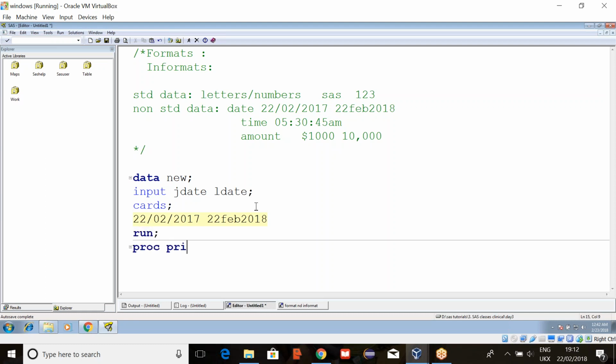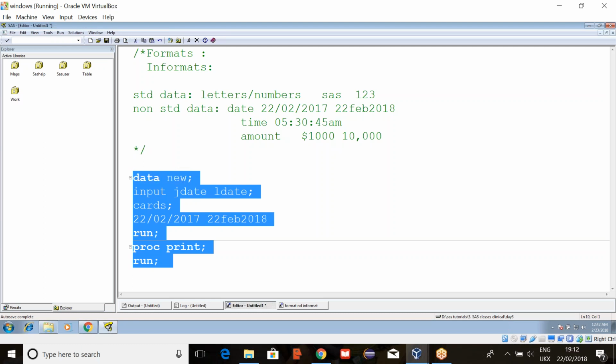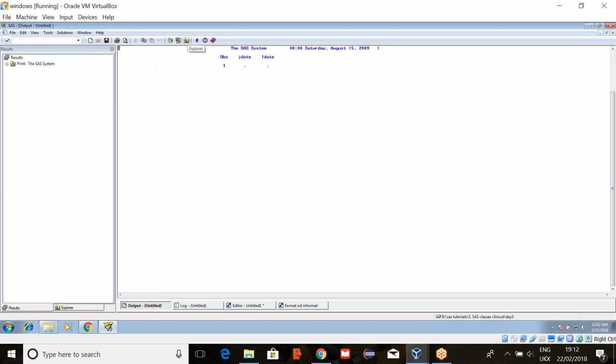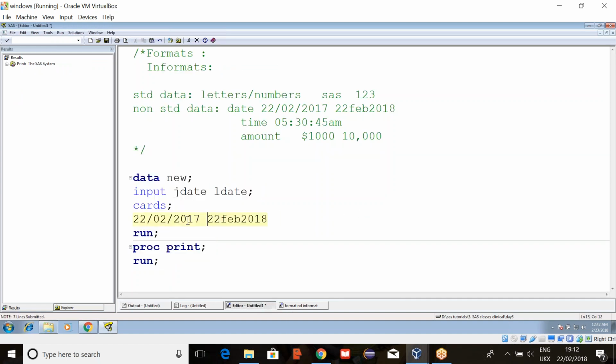Now when I print this one, what will it print? It will print only the numbers? No. Let's see. Is it printing numbers? No, it will print just periods, missing values, because what type of variable is this?